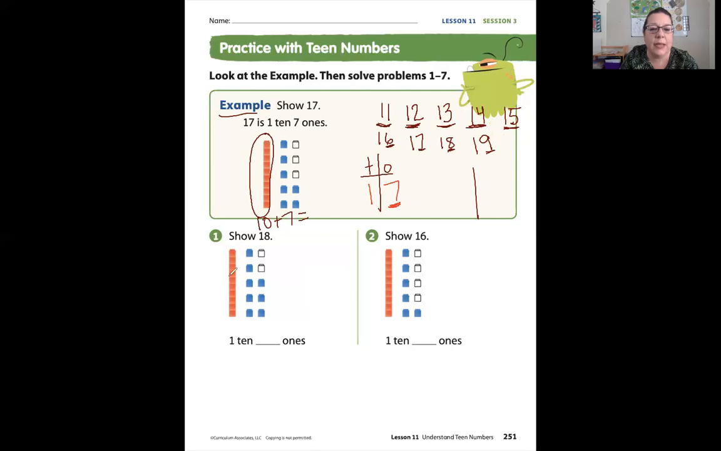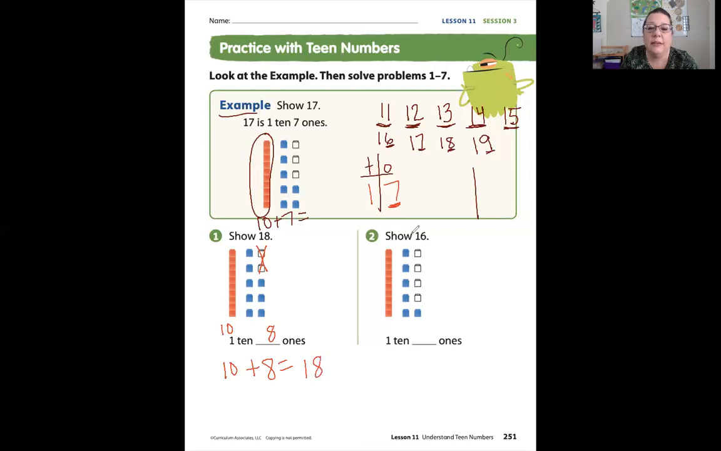Here it says show 18. Here we have how many? One group of 10. It's not one, it's one group of 10. 10 and how many is this? 5, 6, 7, 8. So these ones are not colored in, right? 1 ten and 8 ones. So we have 10 plus 8 equals